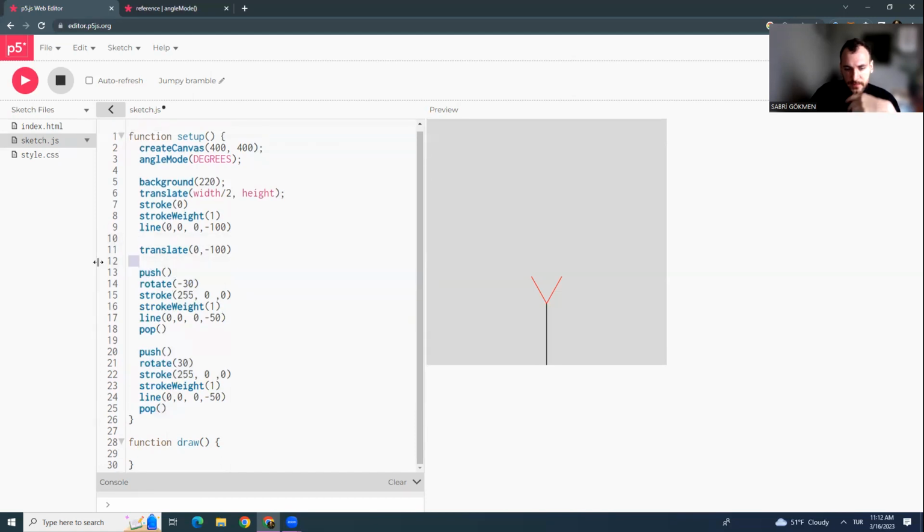If we do this with translate and push, so I want to move, for every generation, to this origin, and the translate would actually be the branch itself. Then I want to plot